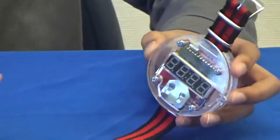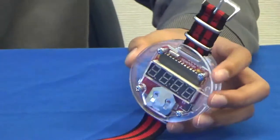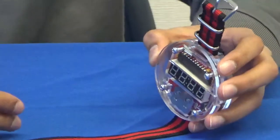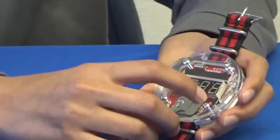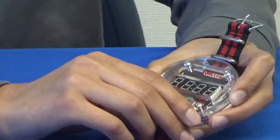The capacitor stores energy, so that way the net voltage of the entire system goes down. And the resistor also decreases the net voltage of the system, but does it by dissipating the energy into the air. Over here is a button that's connected to the display, so when I press down on this plastic piece,